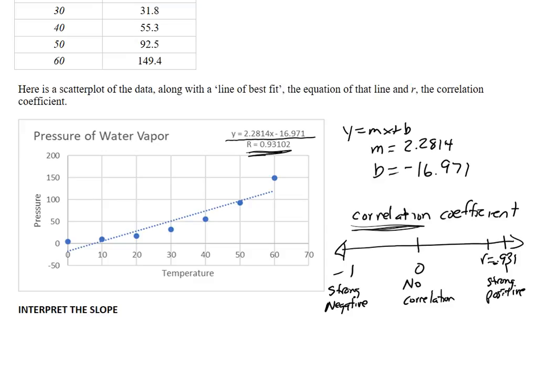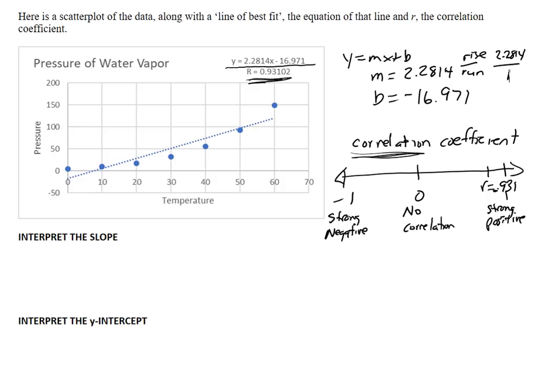And they give us the slope of 2.2814. Remember, slope is rise over run. The rise in this case will be 2.2814, and the run is going to be just 1. What that means is that for every unit change, when it's a change of 1, we call it a unit change, every change of 1 in the run, which is the x variable, there's a change of 2.2814 in the y variable. Okay? So we want to interpret the slope. It's done the same way every time. And we say this: for every increase